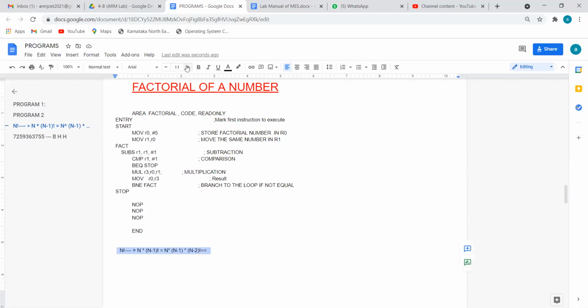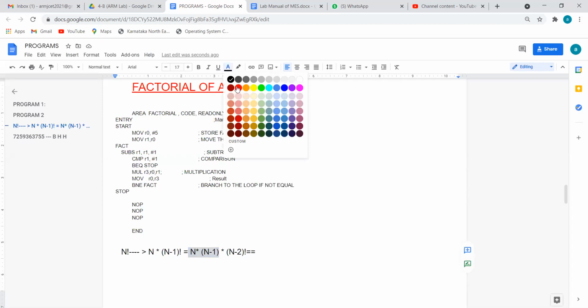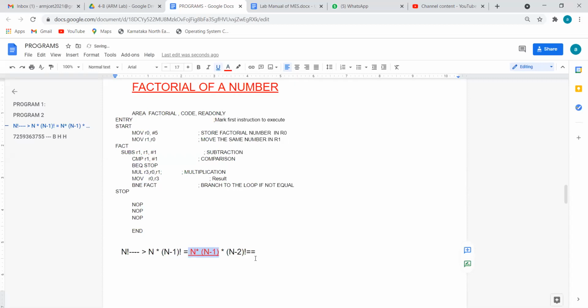This is how this program is different from the normal C program. Make an observation on this, which I have kept in red color and also underlined. Before you could substitute the factorial term, this program gives us m star (n minus 2) factorial. So what do you mean by this?